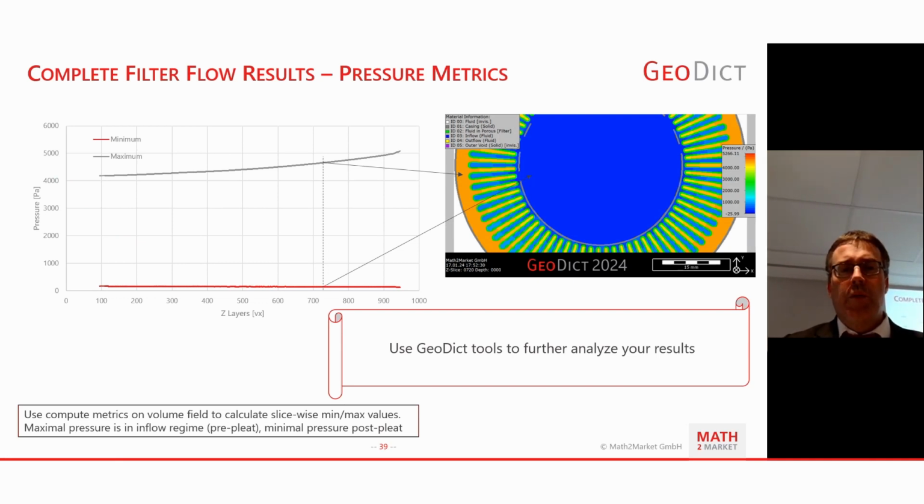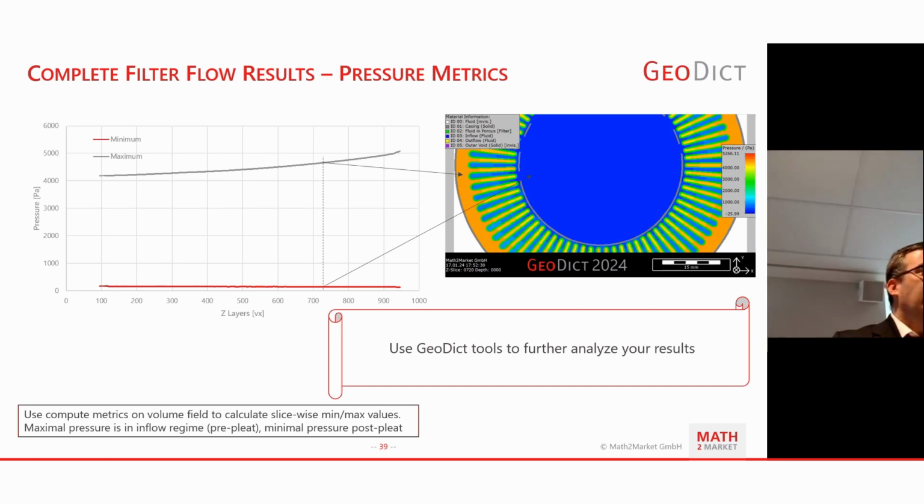And the maximum pressure increases up to the top because that was where the flow was pressed into. So again, the maximum pressure, as I mentioned, is pre-pleat, the inflow regime, the minimal pressure post-pleat.